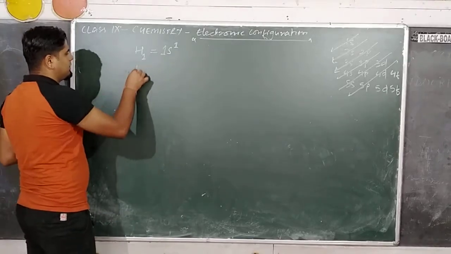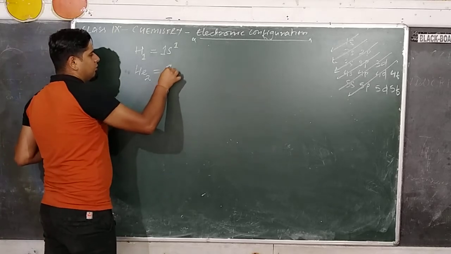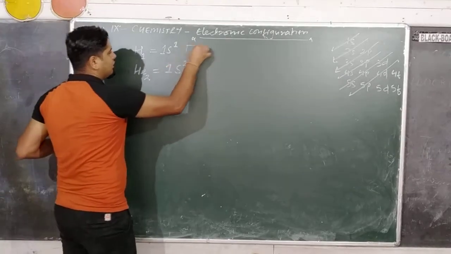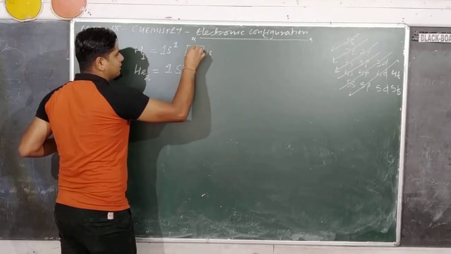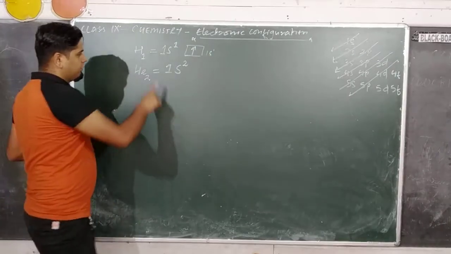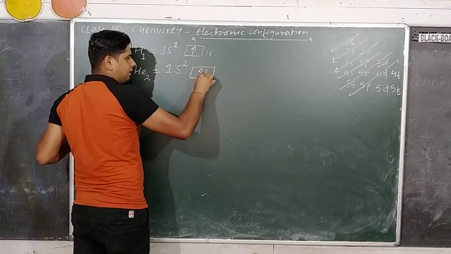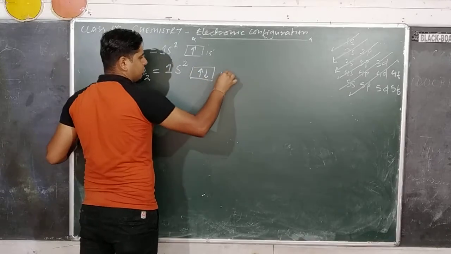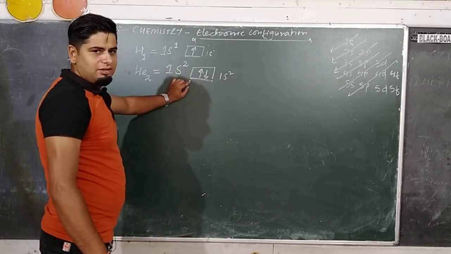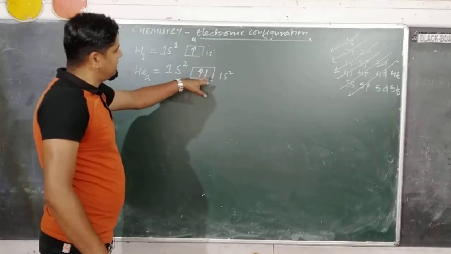Got it? Similarly, helium, atomic number 2. So this will be 1s2. If I draw this 1s orbital, 1s1, this kind of situation you will get here. For helium, if I draw the diagram, the situation would be this. This is 1s2. Why 1s2? Because the s orbital is a single orbital, so one orbital can accommodate only 2 electrons with opposite spin.